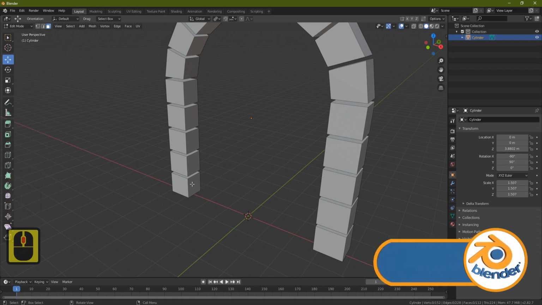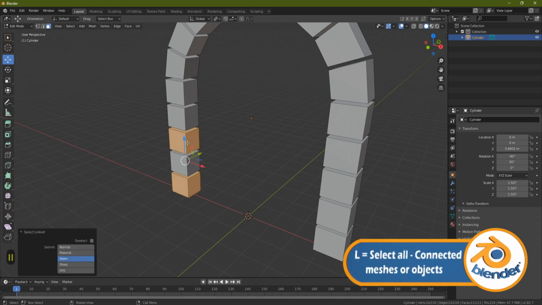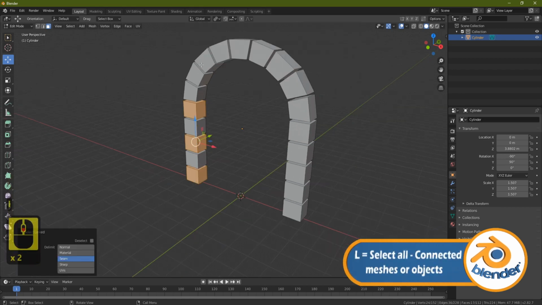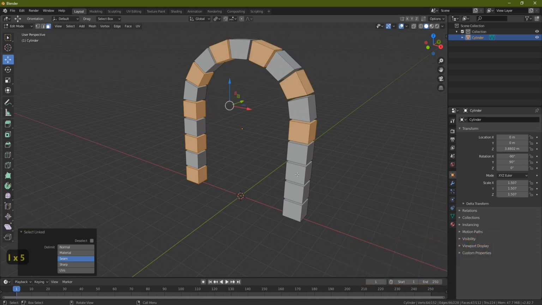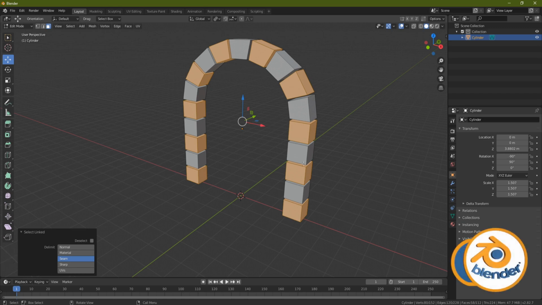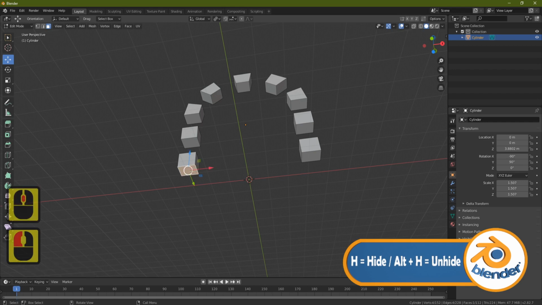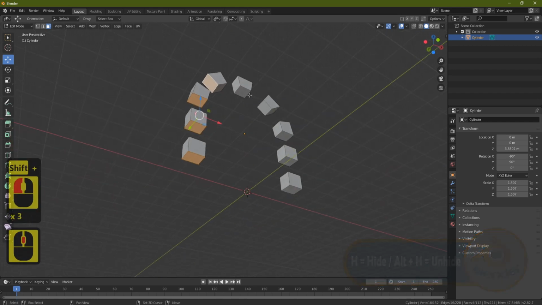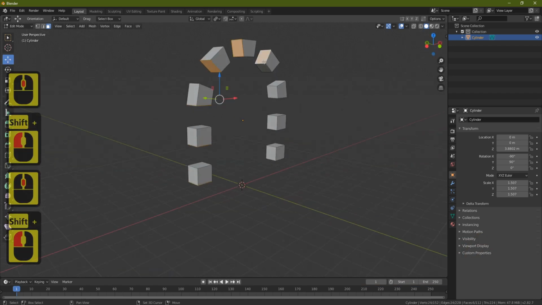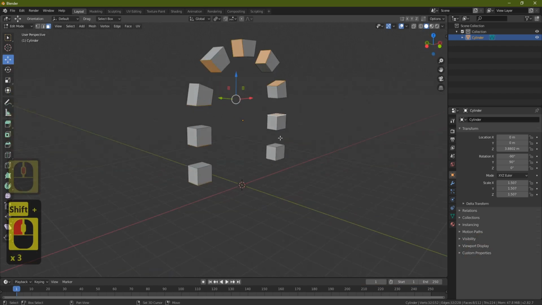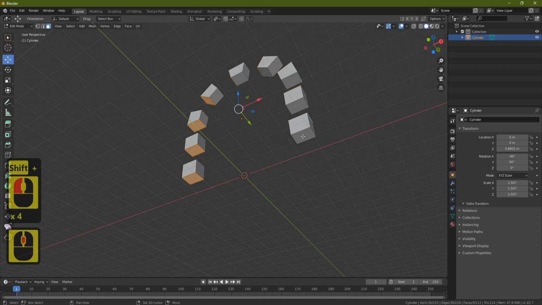So what we'll do is we'll come in and select every other one. So I'm hovering over them, pressing the L button to select each other one, and the reason I'm doing it like this is just to make it easy so that we can mark our seams. So once I've selected all these, I'm going to press H for hide, and then I'm going to come down and I'm going to select this face and shift select this one, and just keep shift held down and select them going all the way around, and then we're going to come to the other way and select the bottoms of them